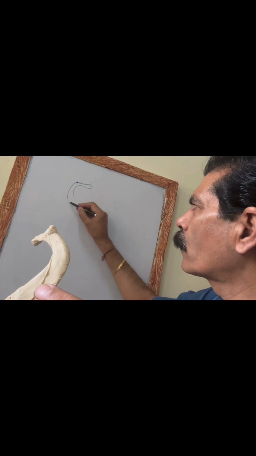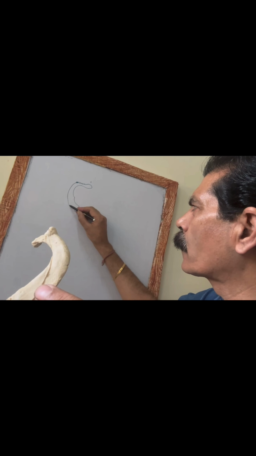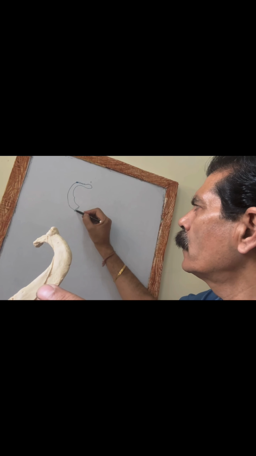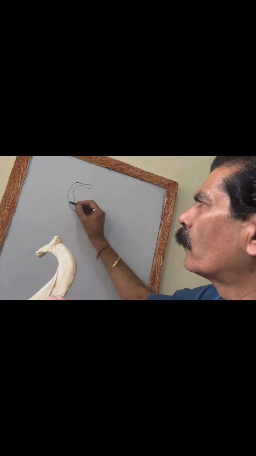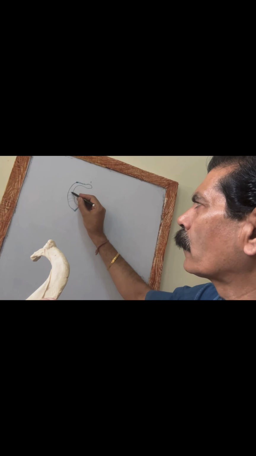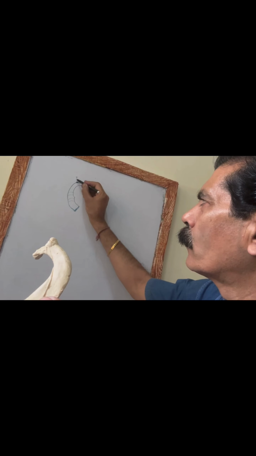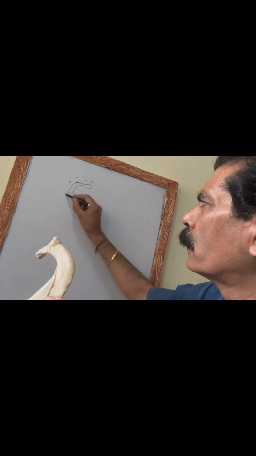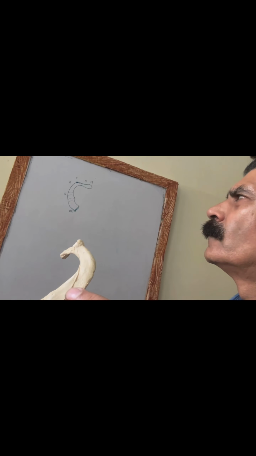Then the inner border and outer border. The inner border has a small tubercle that is called the scalene tubercle. And the anterior end articulates with the costal cartilage, which articulates with the manubrium sterni. And the superior surface has two grooves. One is in front of the scalene tubercle, the other is behind the tubercle. So this is how we describe the head, neck, tubercle, angle, shaft, and the anterior end of the first rib.